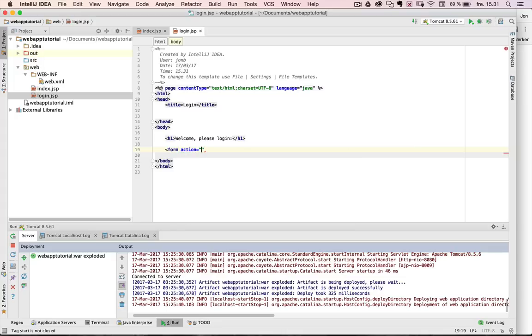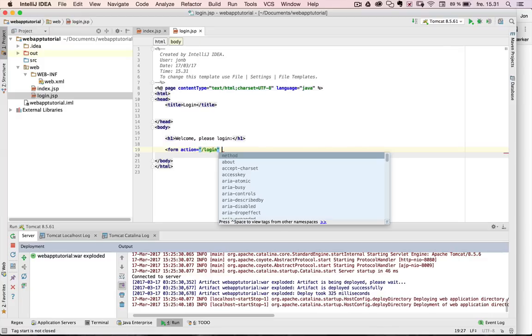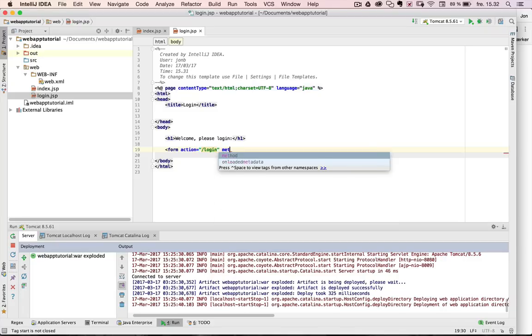So whenever someone presses please log in, it's going to send me to a page called /login, and that's a servlet that I'm going to write later. So you could call that a backend page, and then I want to say that the method is post,